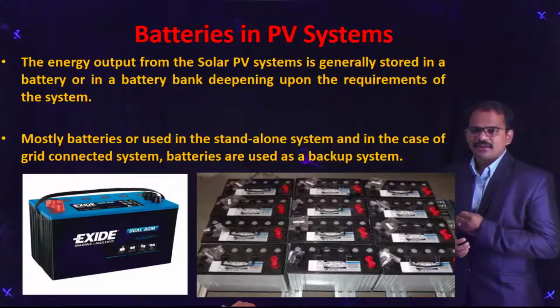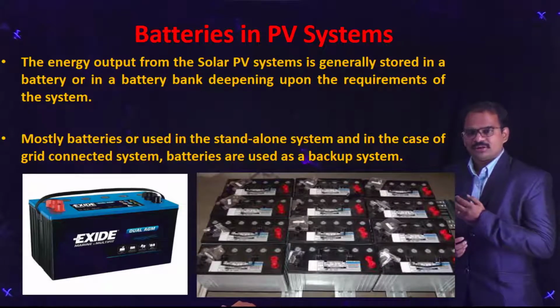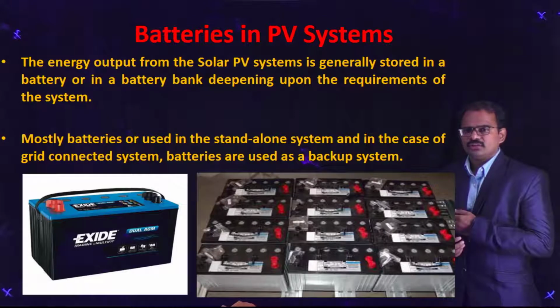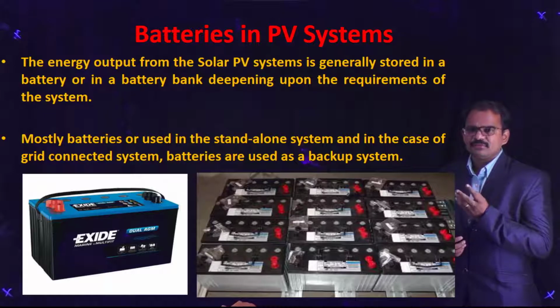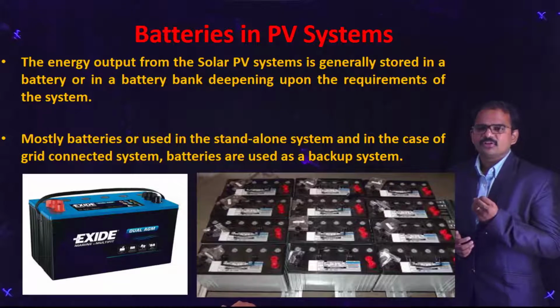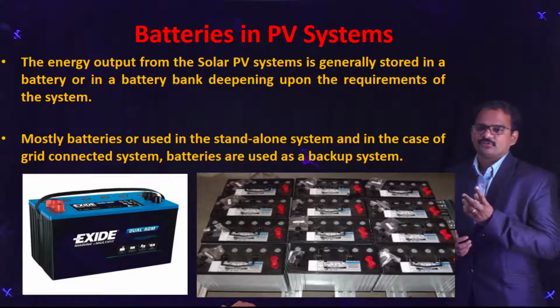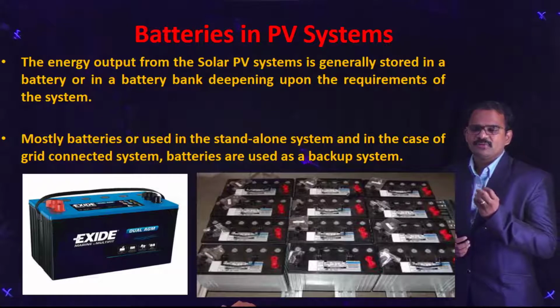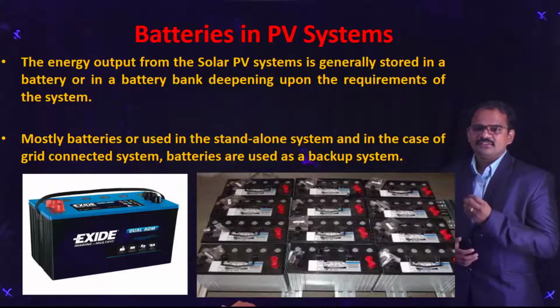So what do you mean by a battery bank? A battery bank is nothing but a combination of different batteries in either parallel or series. We have already gone through in our third unit what a series and parallel combination of solar cells is. The same is the case with the battery bank. A PV array is a series and parallel interconnection of solar cells, and likewise a battery bank is also a series and parallel interconnection of batteries. In order to improve the voltage rating, we keep the batteries in series. In order to improve the current rating, we keep the batteries in parallel, and the series parallel combination of these batteries is termed a battery bank.